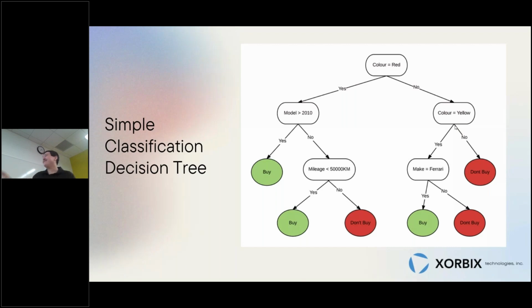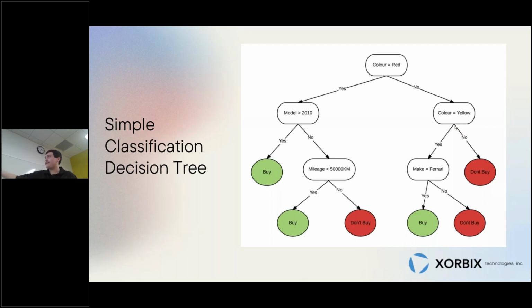These come from the idea of decision trees. So here's a really basic one for a classification problem. We're trying to predict a label, buy or don't buy. How many features are on here? There's color, make, mileage, and model. There are 4 features that we can use to predict if we want to buy this car or not. So if color is red and the model is greater than 2010, so let's say it's 2013, we should